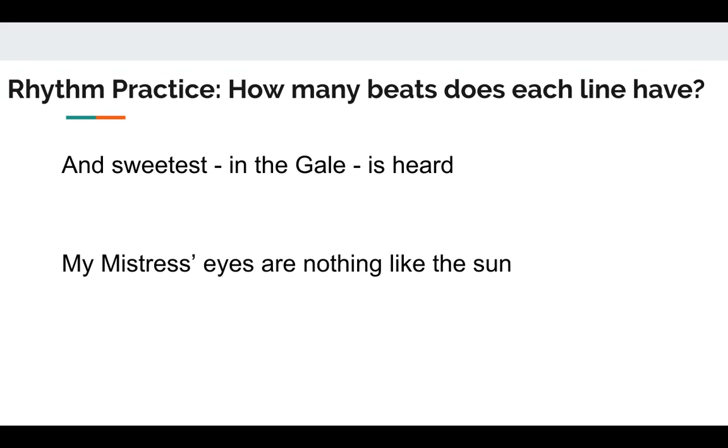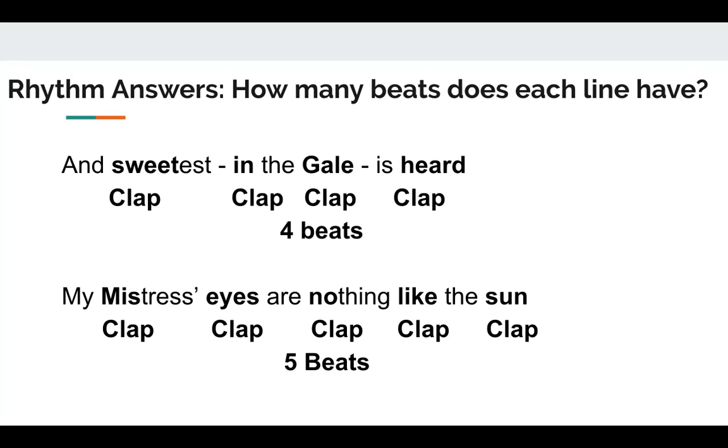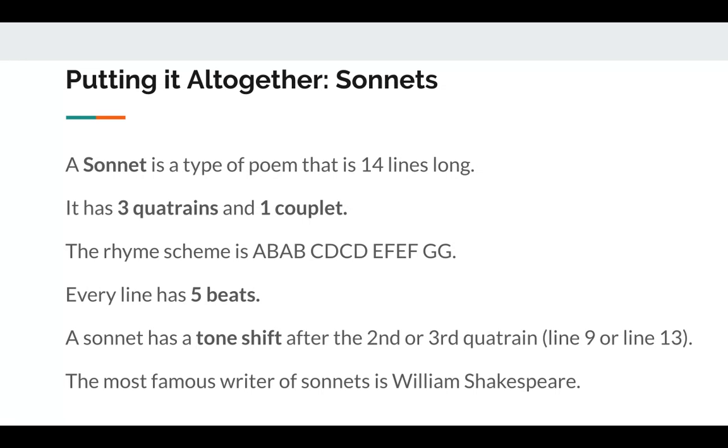So if I'm looking at these two, I got 4 beats on the first one. I got 5 beats on the second one. That's how we find rhythm. There are names for these rhythms, and they get a little more complicated. But for right now, I just want you to be able to identify how many beats a line of poetry has. Okay, so let's put it all together, and we're going to put it together in a form called a